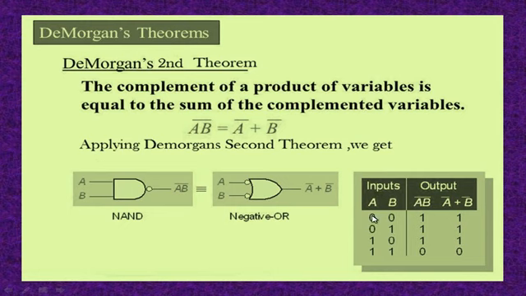As there are two input variables, there are four possible combinations. LHS is given by (A dot B) complement, and RHS is A complement plus B complement. At LHS there is a NAND gate. The output of a NAND gate is exactly opposite to that of an AND gate, meaning when any one input is low, output will be high, otherwise output will be low. Now let us prove this De Morgan's theorem for each and every case from this truth table.